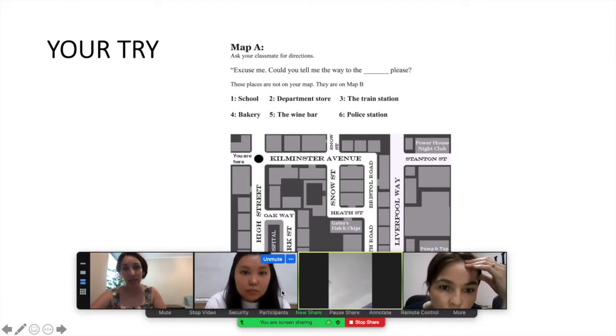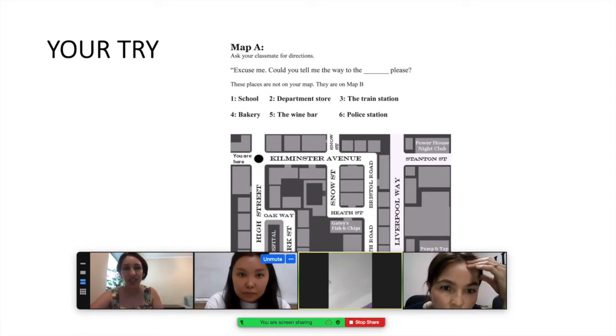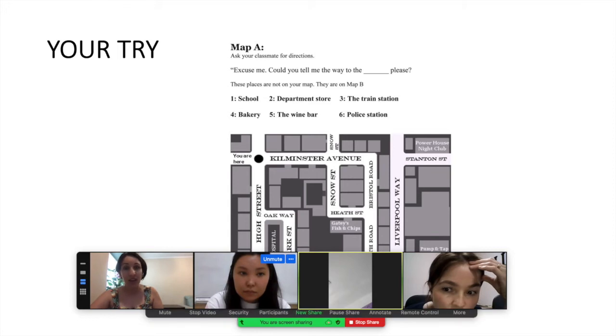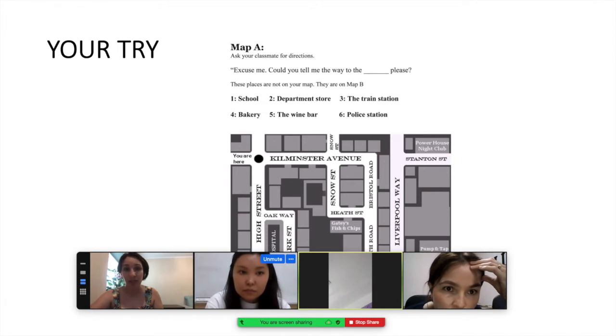Think about it. It is pretty typical. Any course book has a unit on giving directions, and there is some random map of a random city in Great Britain or New York, and the task is to give directions. If I scan this page and show it to my students, it's not realistic at all, because that's not how we communicate and give directions in real life. Think about it. I'm going to give you 2 minutes to think how to turn this page into a more realistic digital environment activity.